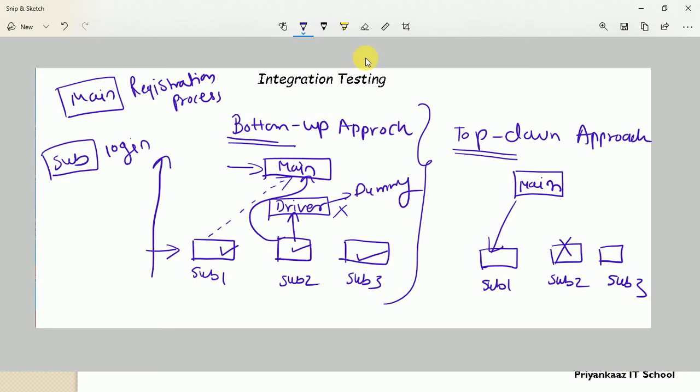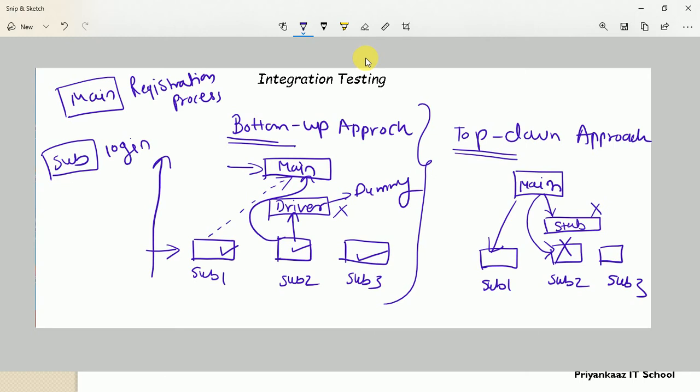At that time, to continue this process, the developer will prepare a dummy code, and that dummy code is referred to as a stub. Clear? So main gets integrated with the first sub and with this stub, right? Once the actual sub 2 is ready, then and only then the stub gets removed from this integration, and main gets actually interconnected with sub 2. In this fashion, guys, the process continues in the top down approach. Clear?